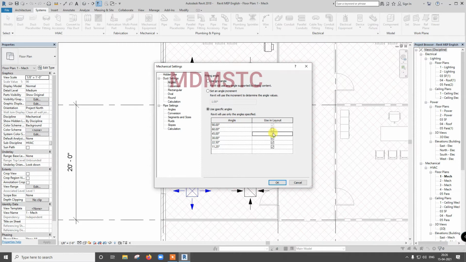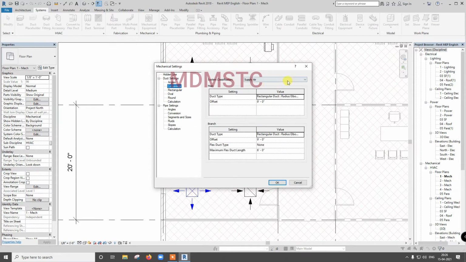I can untick everything other than 90, so now only 90 degree angles will be created. If I tick 60, 60 also will be created. Okay, click conversion. There are three types of